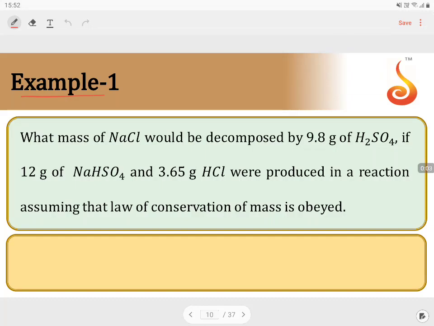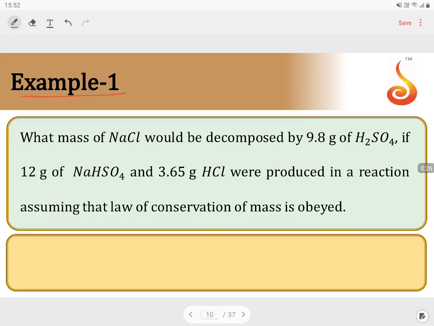Example number 1 on law of conservation of mass. What is the statement? Law of conservation of mass states the total mass of the reactants is equal to the total mass of the products. Sum of the mass of the reactants is equal to the sum of the mass of the products involved in a